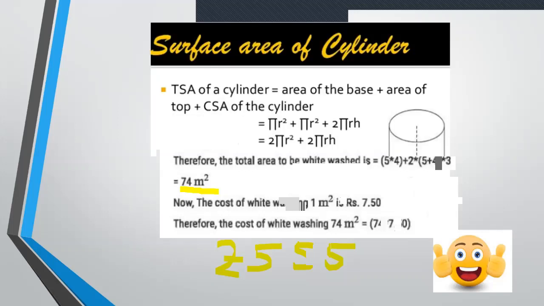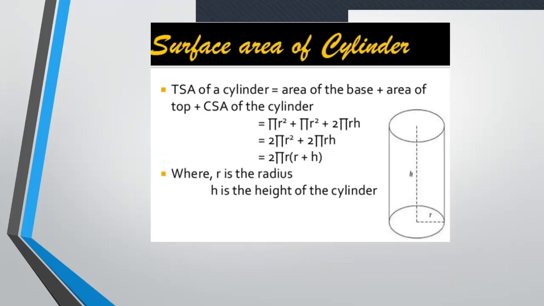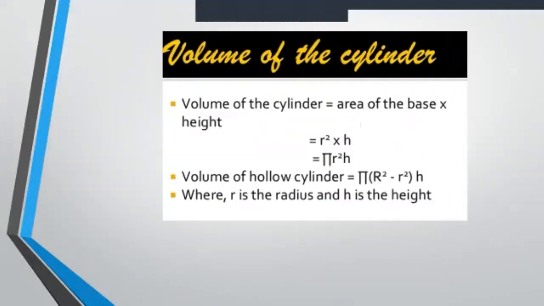Moving ahead, now we are moving on to cylinders. Total surface area of the cylinder is nothing but the curved surface area plus the two flat surfaces. So either you take it as 2 pi r square plus 2 pi rh, or take 2 pi r common, it's up to your convenience: 2 pi r (r plus h). Thus you get the total surface area of a cylinder. Moving further, volume of the cylinder is pi r square h.